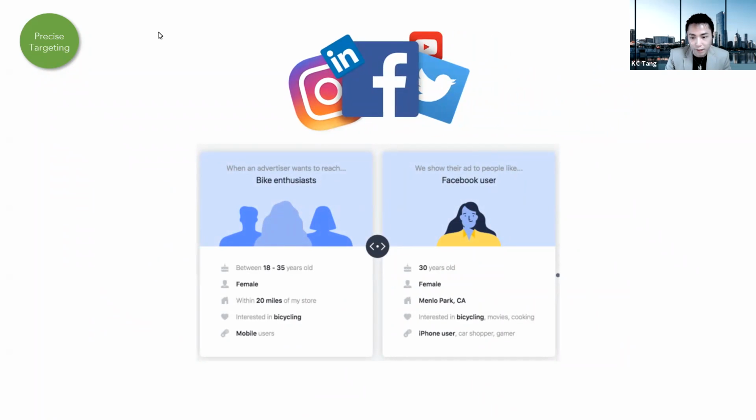So yep, this one is the examples of different profiling. Like we let Facebook know, this is an example from Facebook. So we could list out the different filtering parts, how we want to create our custom audience pool, and Facebook will match that post to basically within their big database itself.